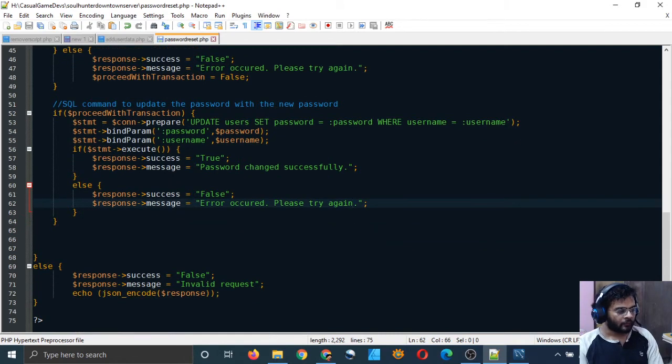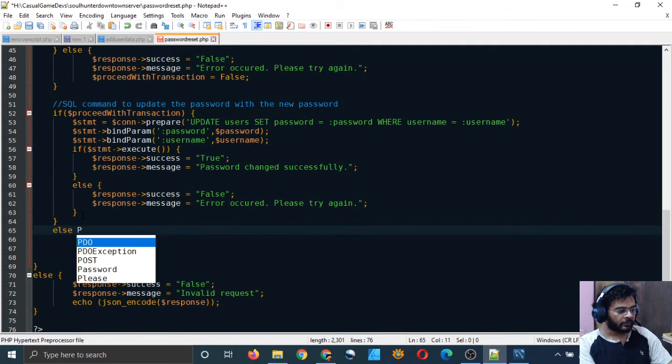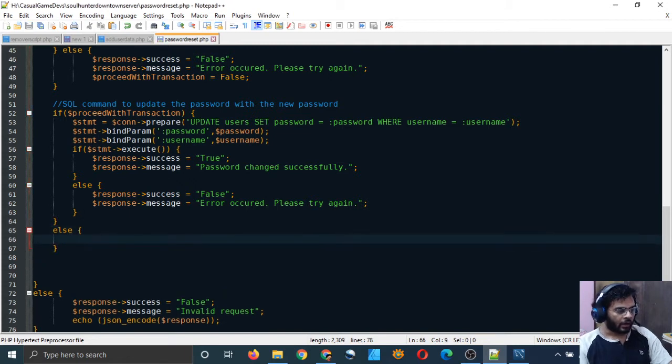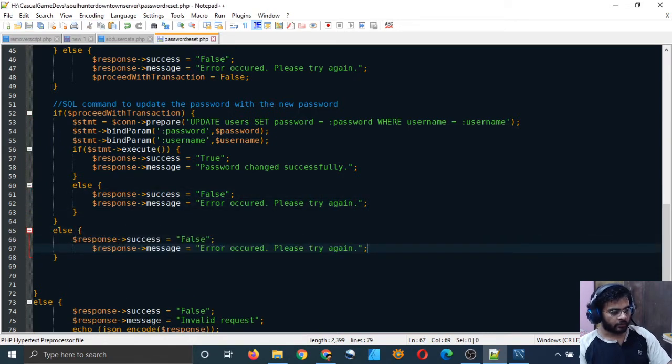That's good. And here also we will type error occurred, please try again, in the else part of this if, right? So we'll just type this thing and paste it here. That should be good.